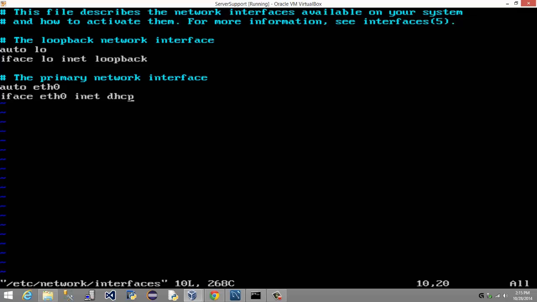Okay, so we're going to go on down to the primary network interface: auto eth0, iface eth0 inet dhcp. That's wrong. We need a static IP. So in order for me to be able to edit this file, all I need to do is press A on the keyboard, or you can press the insert button. As you can see at the bottom left of the text editor, it now says insert. This allows us to edit text. So we're going to go ahead and back this up, change that to static,